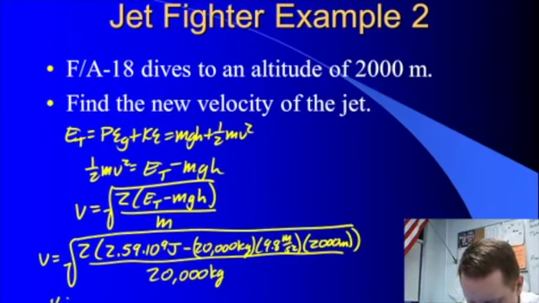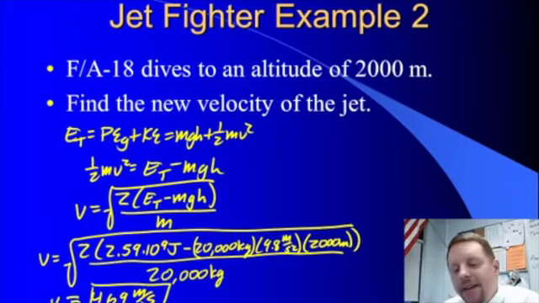When I do that, I come up with the velocity of 469 meters per second. So what really happened is the jet traded in altitude for velocity, which is why conservation